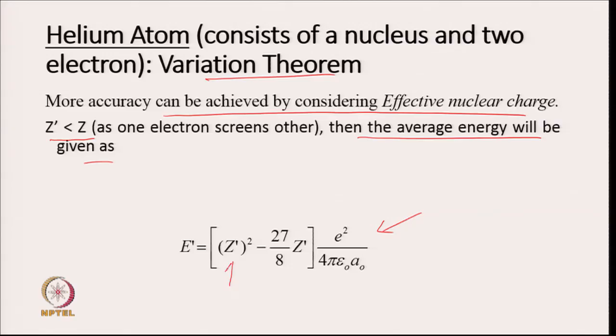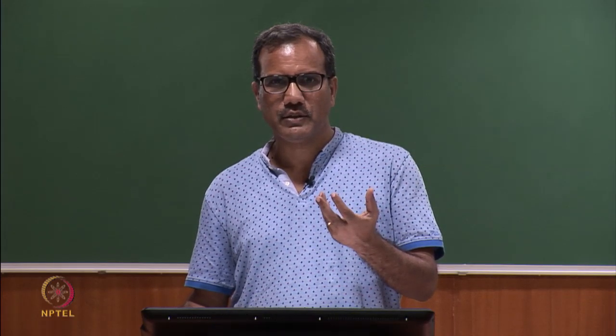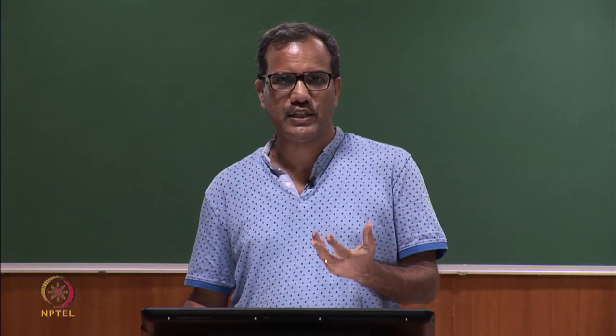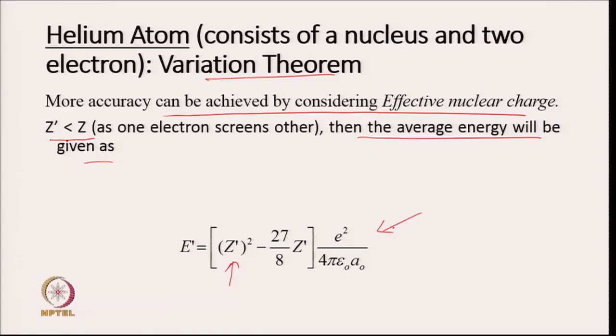In place of Z we take Z dash, and that will give you E dash. Z dash basically replaces your Z, which is your nuclear charge, and this Z dash is called the effective nuclear charge. When you do that and solve the integral, you will be able to get this